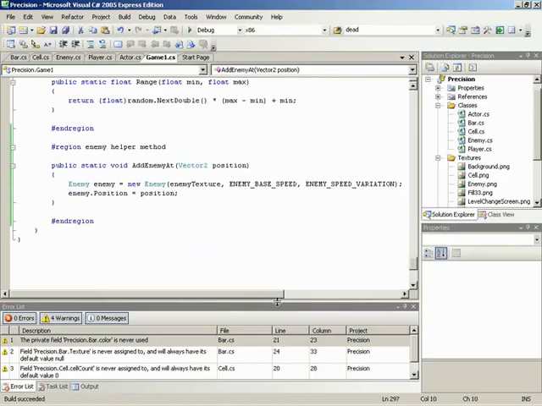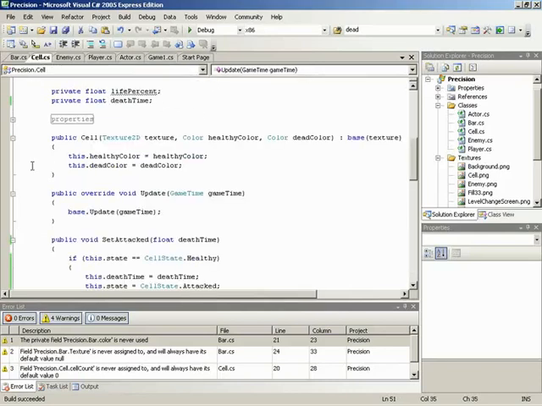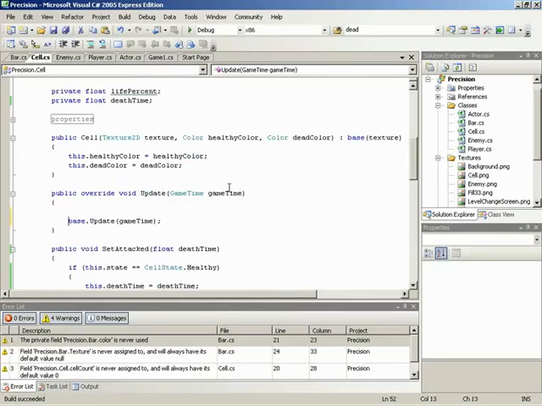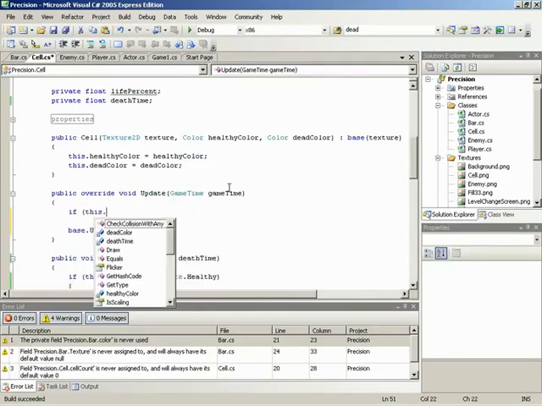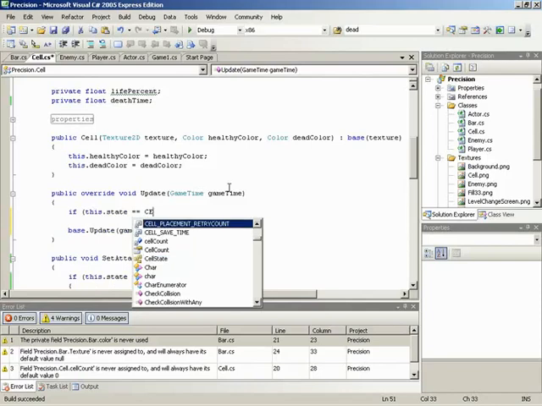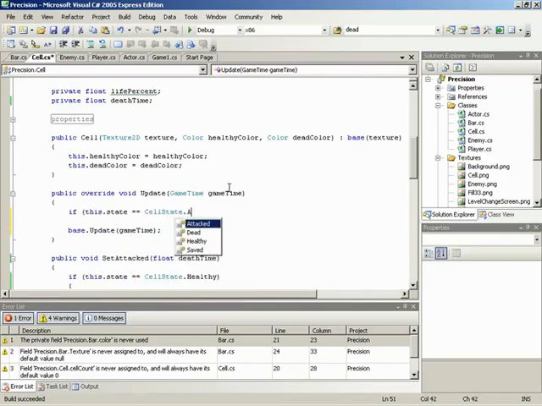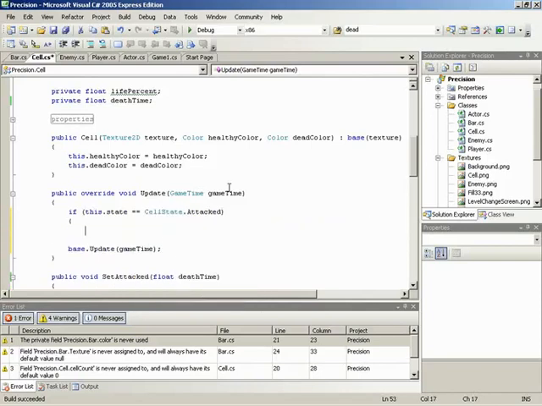And now, with these methods in place, we can go back to cell and implement its update method. All right, we have everything we need for update. So we'll go back to the cell class, and make sure that we're in the update method and jump up a few lines. All right, the first part of update that we want to take a look at is when the cell is attacked. So if this.state is equal to CellState.Attacked, then we need to do a few things,